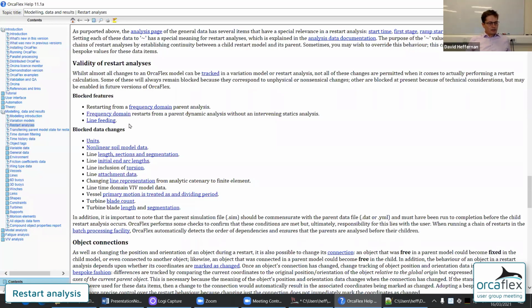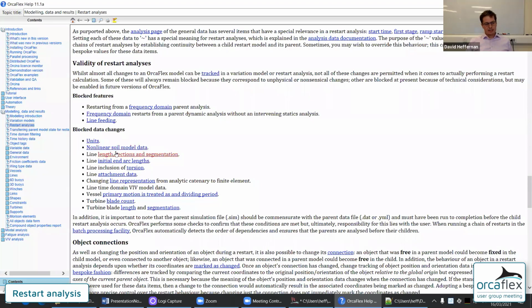You can't at the moment use line feeding in restarts, and there's a whole bunch of data items that you can't change in a restart. You can't change the units in a restart analysis. Now, I don't think that's really a great loss. That would be incredibly confusing, and we've just decided not to try and implement that.